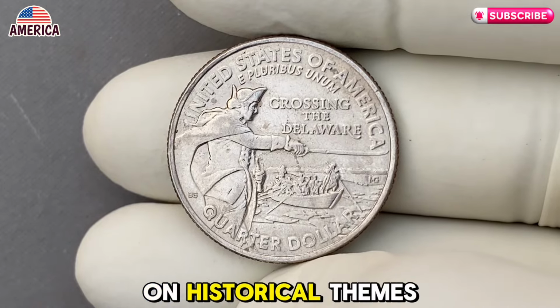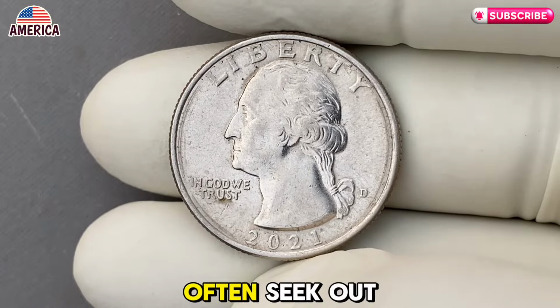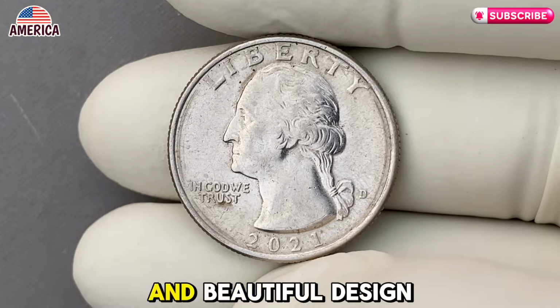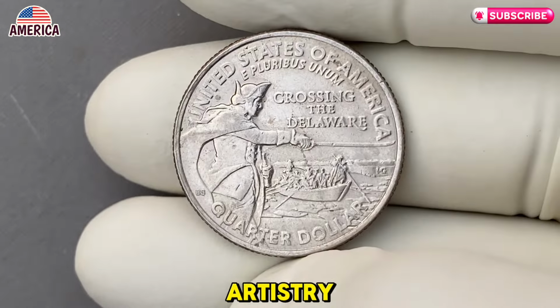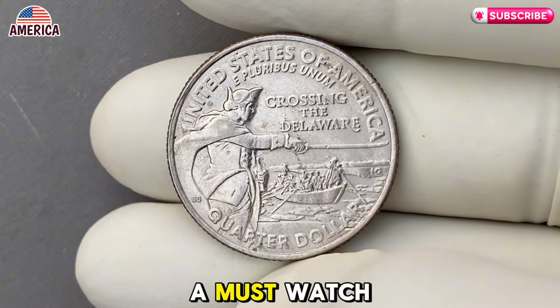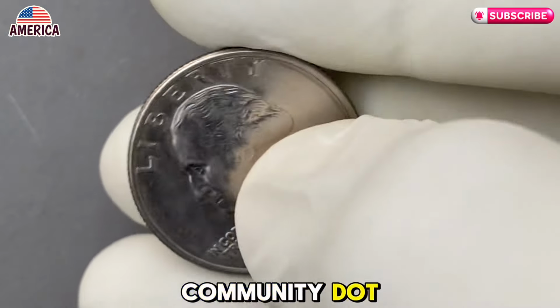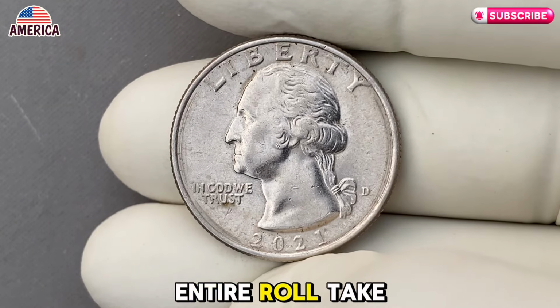Collectors who focus on historical themes, especially those tied to the Revolutionary War, often seek out this quarter for its rich story and beautiful design. The combination of history, artistry, and potential for rarity makes the 2021 Crossing the Delaware quarter a must-watch in the numismatic community. So, if you have a handful of quarters lying around, or maybe an entire roll, take a moment